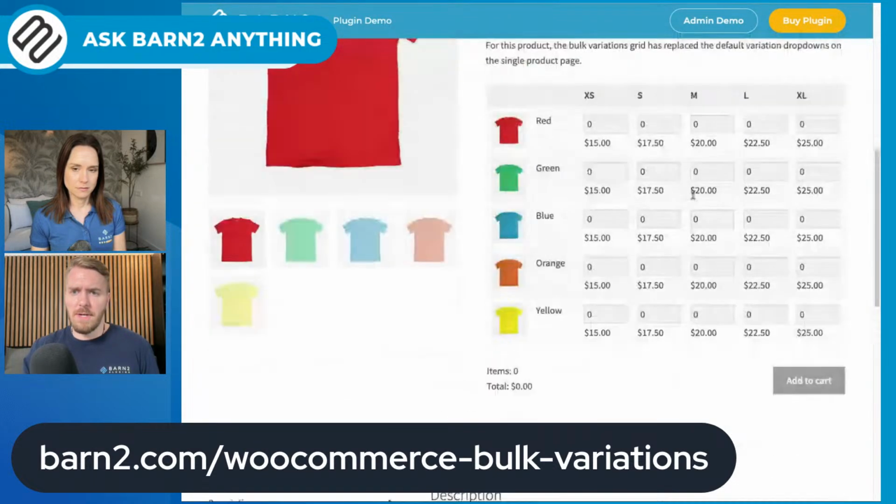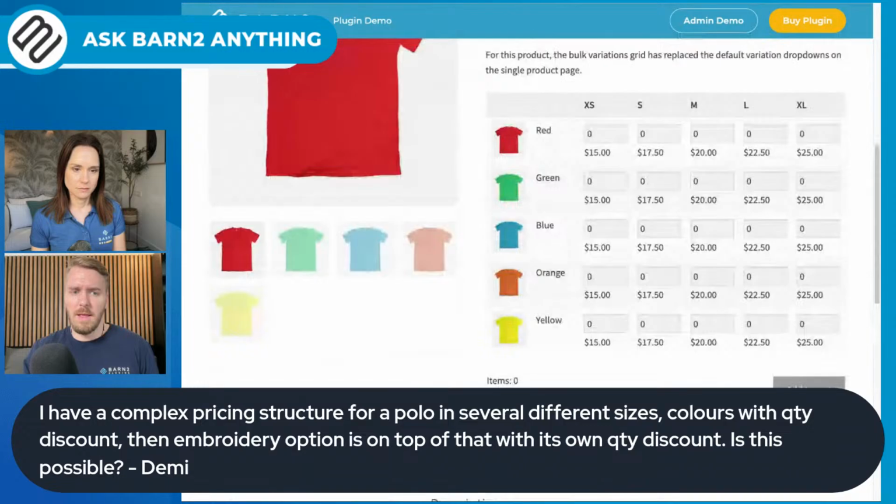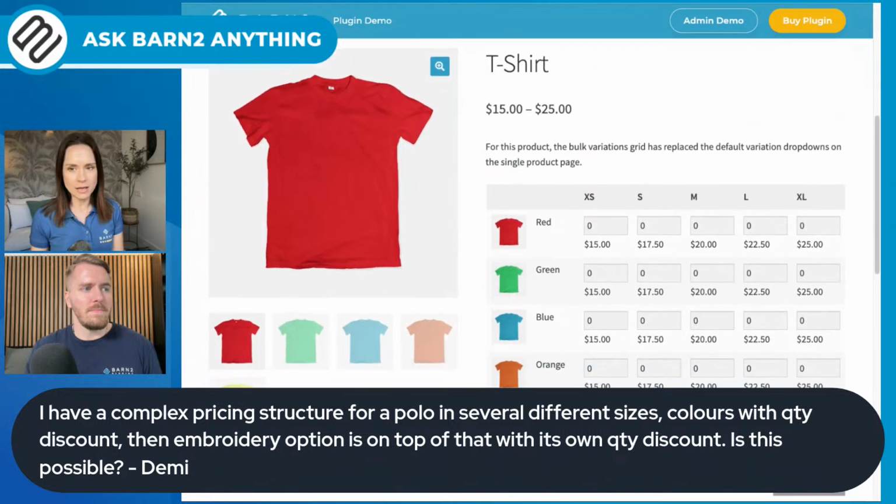Alrighty, and the first question about this plugin is from Demi. Go ahead, Katie. Okay, so Demi says, I have a complex pricing structure for a polo in several different sizes and colors with a quantity discount, then an embroidery option on top of that with its own quantity discount. Is that possible? So if you're using bulk variations, then to do the quantity discounts,